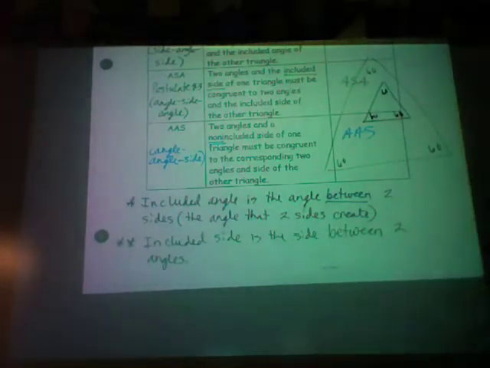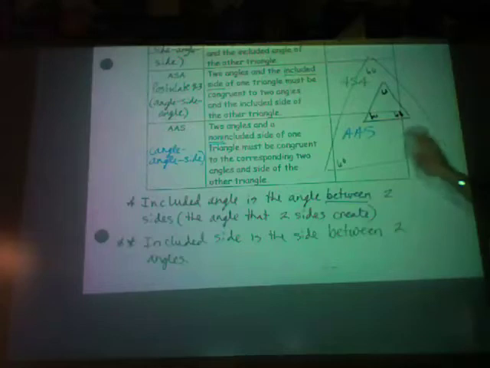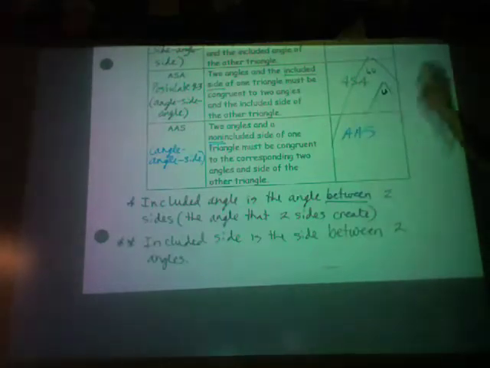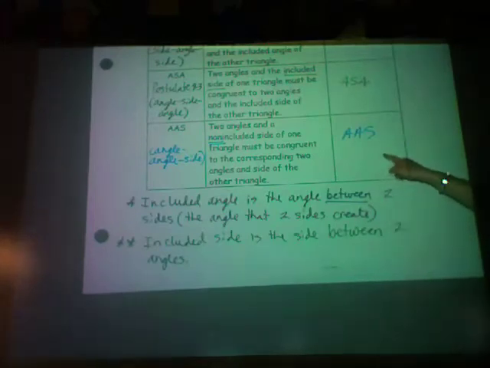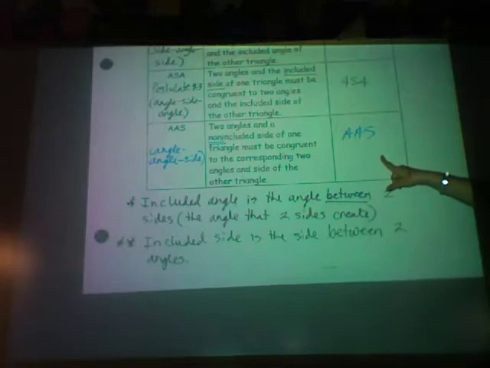Braden? Having what? AAS will prove them congruent, right? So all the other ones will. All the ones on that paper will. The one that's not on there is